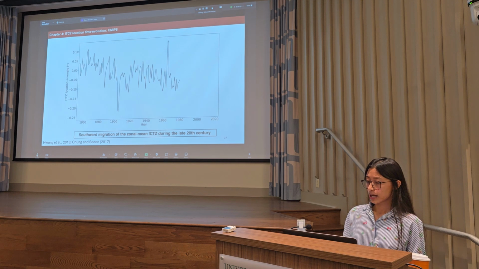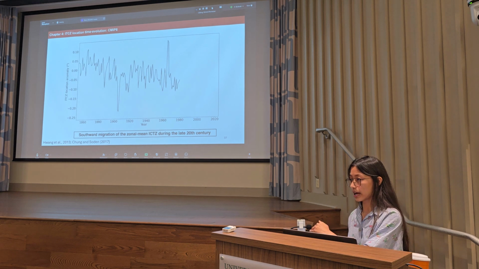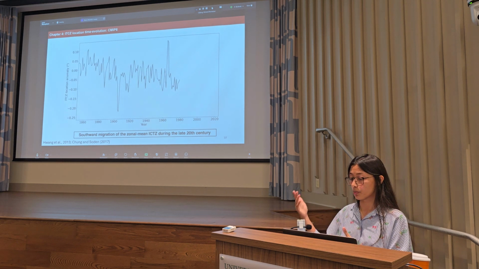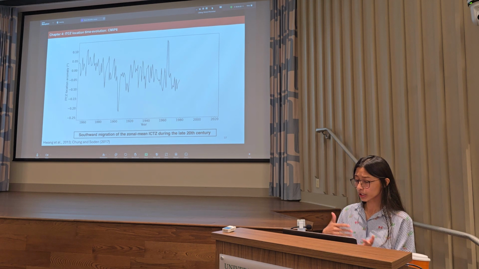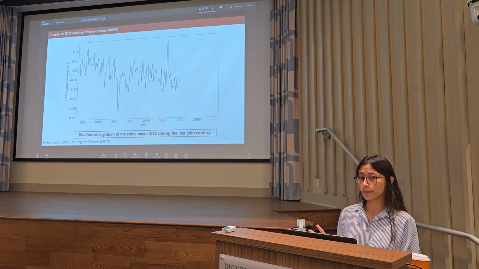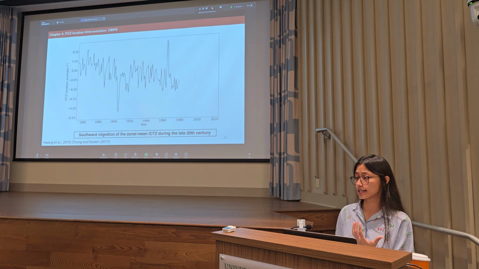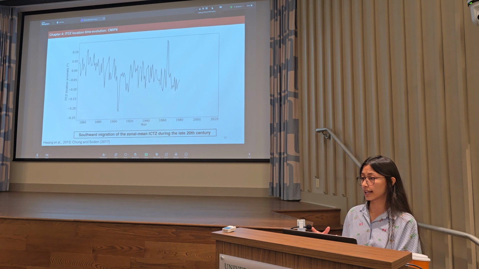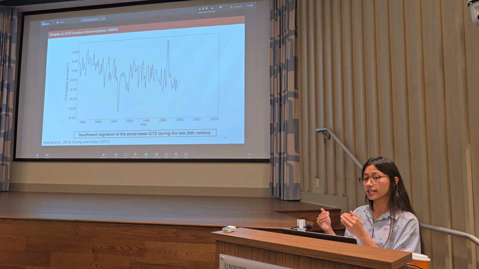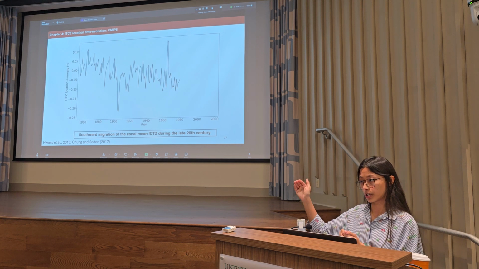But the question remains, has the ITCZ shifted even more? Has it gone even more south? Has it recovered and started migrating more north in the recent years? And this question is very important from two different perspectives. First, by analyzing if it has migrated south or north, we test this energetic framework. Does it still hold true for our observations? Considering the fact that there has been a decrease in the aerosols, the energetic framework, according to the relative warming of the northern hemisphere, would push the ITCZ further into the northern hemisphere.